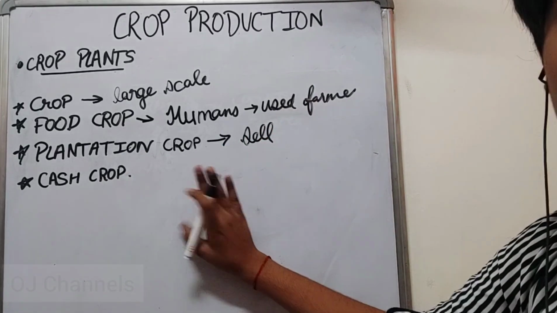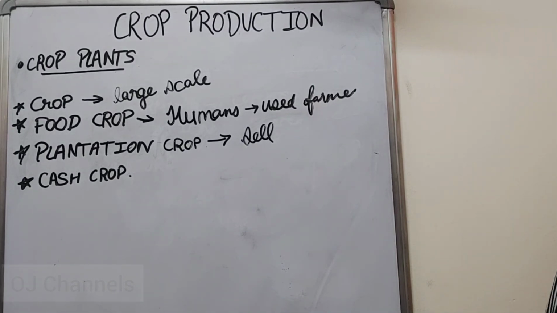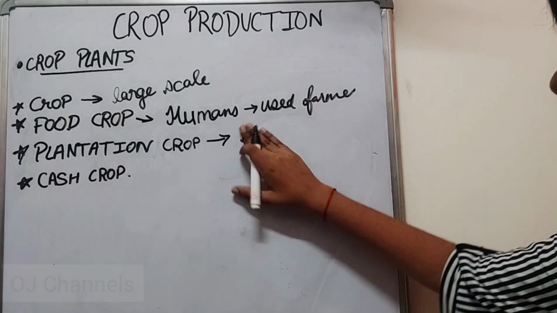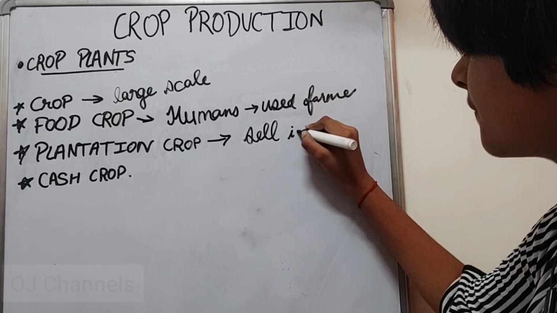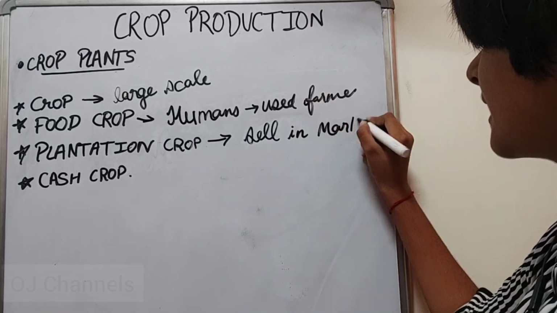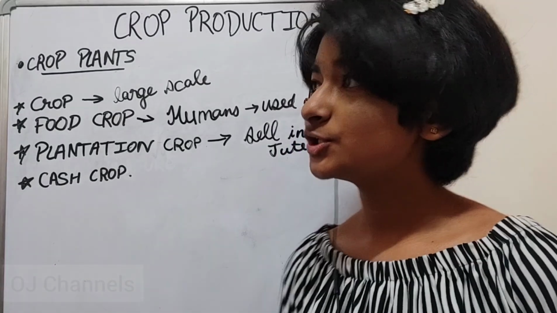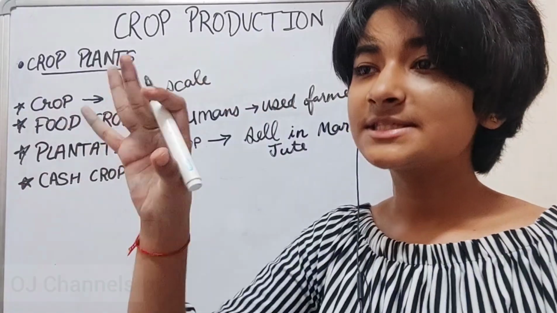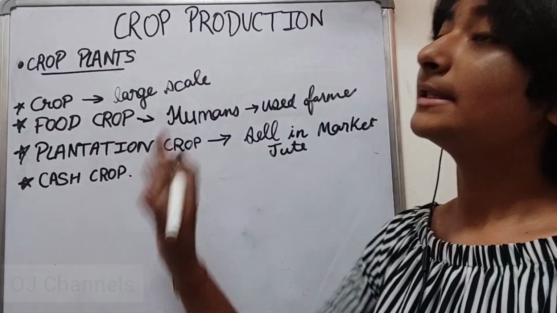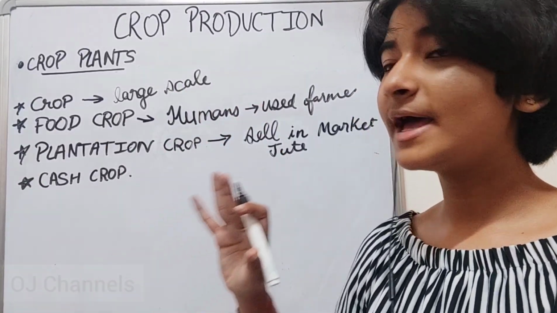जो प्लांटेशन क्रॉप्स होते हैं उनका हम यूज़ करते हैं उसे मार्केट में सेल करने के लिए. फॉर एग्ज़ाम्पल जूट को हम मार्केट में सेल करते हैं. सो जूट होगा एक एग्जाम्पल प्लांटेशन क्रॉप्स का, because this plantation crop is not used by the farmer. The farmer sells this product or the crop in the markets, but sometimes the farmer is using the crop which is grown by him or her.